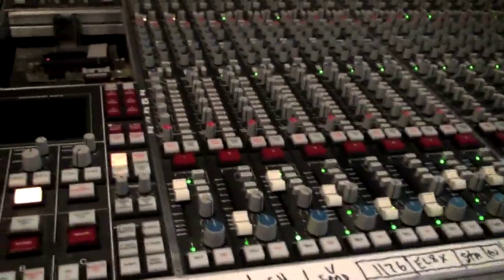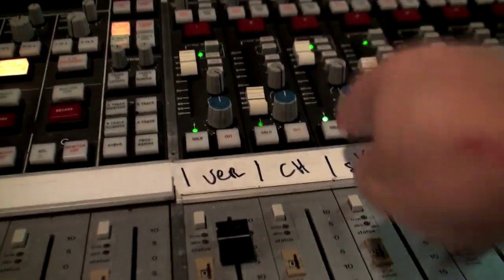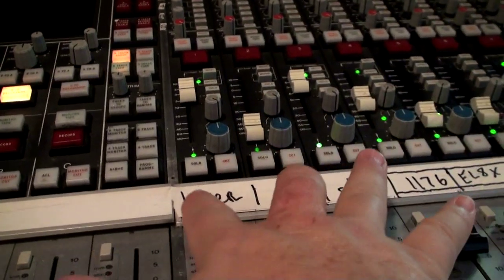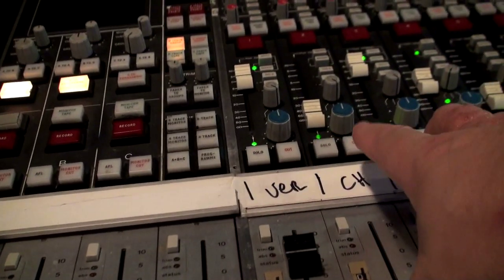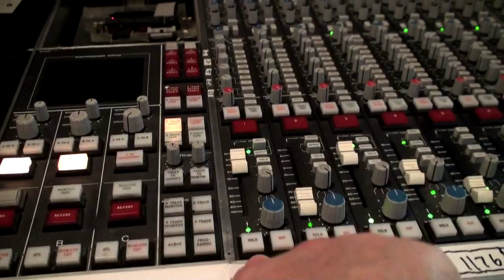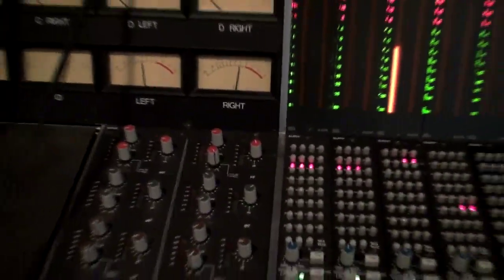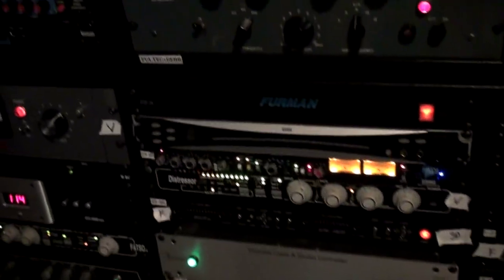So the vocal comes into 3. I'm showing Johnny Wooten this stuff, so this is the two-fisted video. Vocal comes into 3. 3 is floated. 3 buses on the matrix to 1 and 2. 1 is set up for verse sound with EQ and everything, and then the second one is set for chorus sound, and those are both floated too. And then up here on the routing matrix, we have them sending to the 1176, the Distressor, and the Stay Level, right there. And then all 3 of them return here. So that becomes my kind of